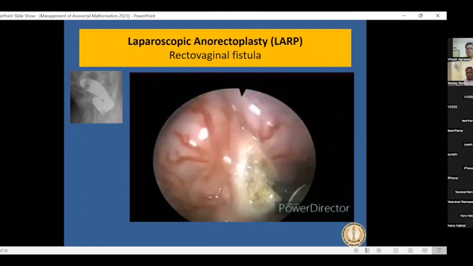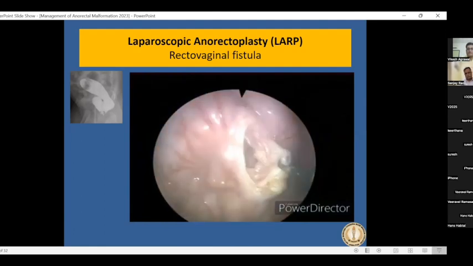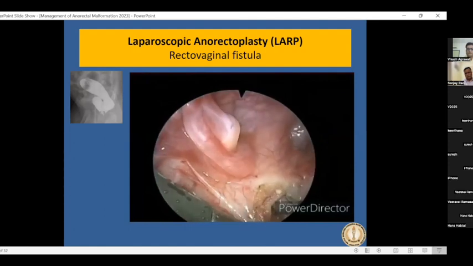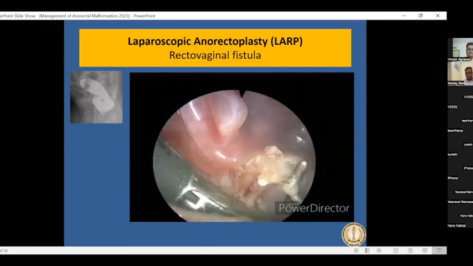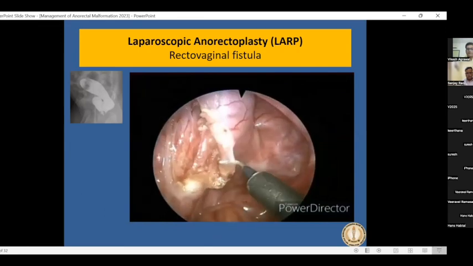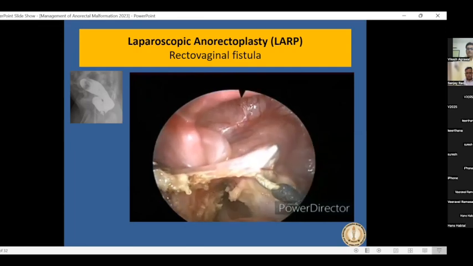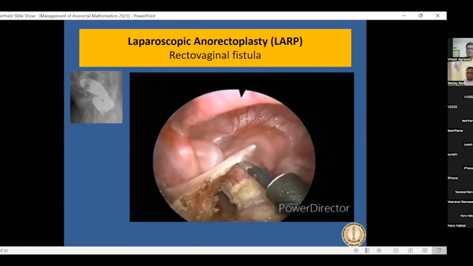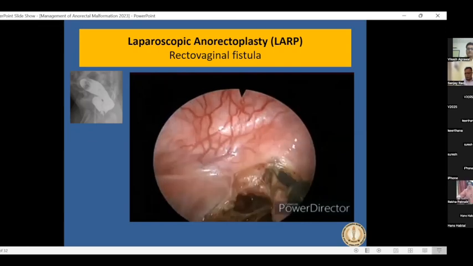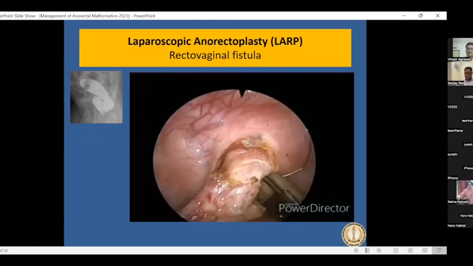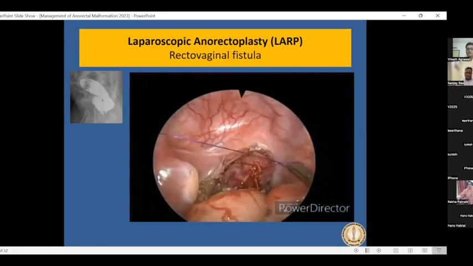And usually the communication is there in the vagina, like in a rectovaginal fistula, which is supposed to be a rare malformation, but in our region we often get rectovaginal fistula. And for all cloacae, there is a recent concept that cloaca undergo staged reconstruction, like anorectoplasty is done in infancy, and nowadays reconstruction of the vagina and the common channel goes to a later date, around adolescence.